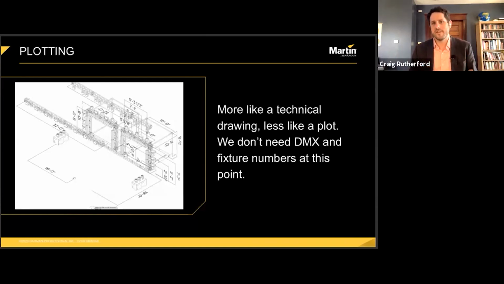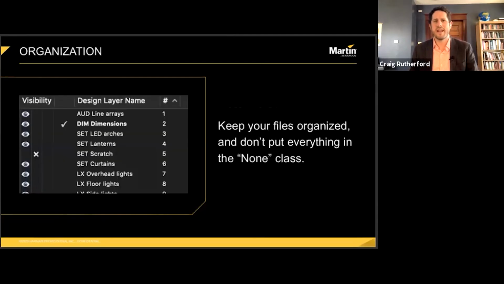Now, everybody likes to do their Vectorworks files in a different way. I'm pretty retentive about keeping my classes and my layers, and especially my asset manager structure, clean. Intelligent light symbols have their own folder. Each light has its own class with its own color. I typically divide layers as logically as I can, and I preface the layer name with what they are. So mod or set for modeling or set stuff, light or LX for lighting, aud for audio, which is usually line arrays, plot for non-physical stuff like a center line marker, dim for all of my dimensions, and that makes it easy for me to keep things organized.